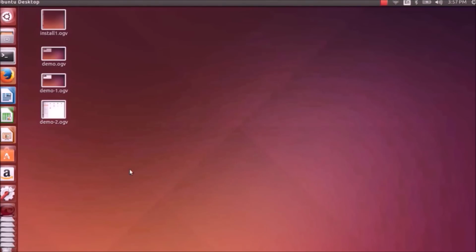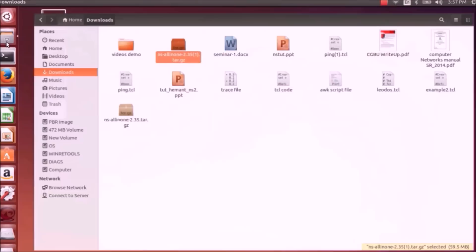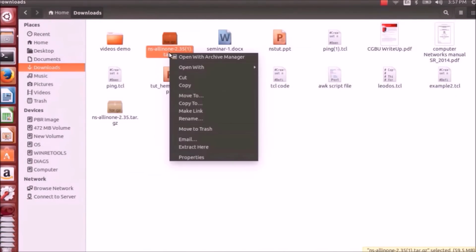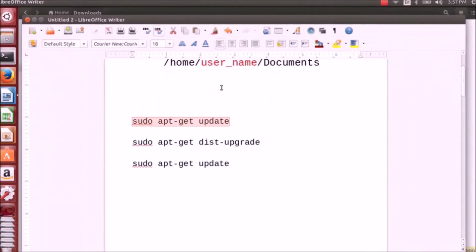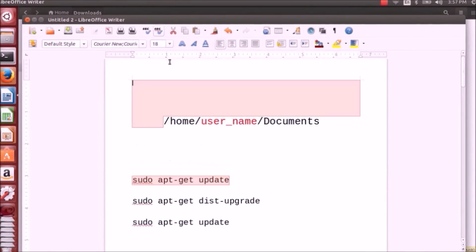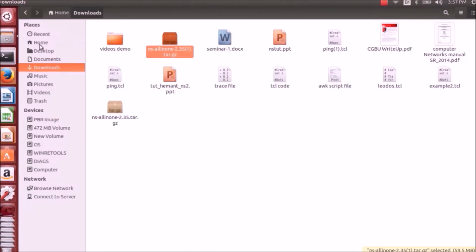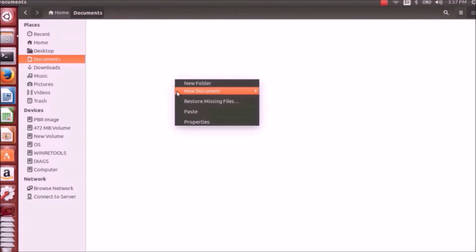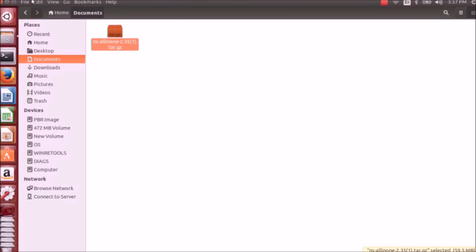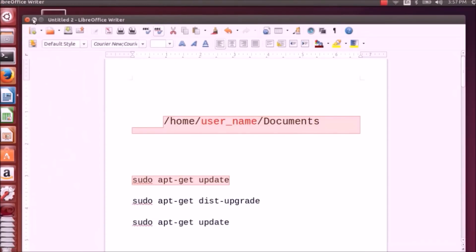Next step is setting up the prerequisites. The downloaded NS2 zip folder will be there in the downloads directory. Copy that and move it to home, username, documents directory. Now we have pasted it in the documents directory. Next, open a terminal